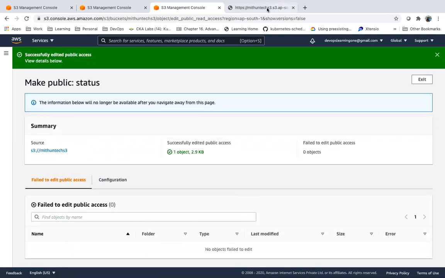Now, since I have made this public, we can access from anywhere. If you also try to access the object URL which we have given, you should be able to access this object from anywhere. Since I have given a public access, we are able to access the files, the data which we are maintaining in S3.